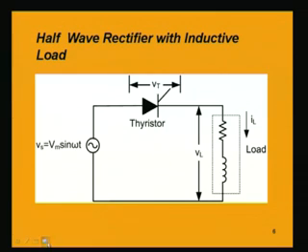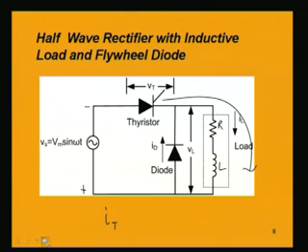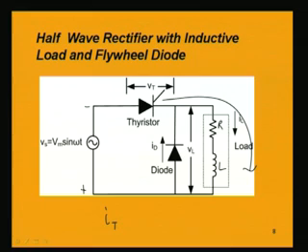So, that was the difference, but here we have seen in this case use of flywheel diode has stopped the voltage across the load becoming negative as was the earlier case. Now, the voltage is 0, but the current flows in the load. We are getting the current in the load, and that current is not through the thyristor,